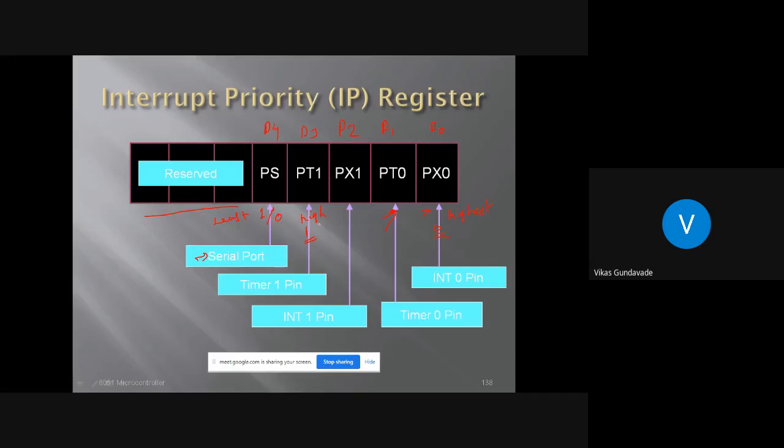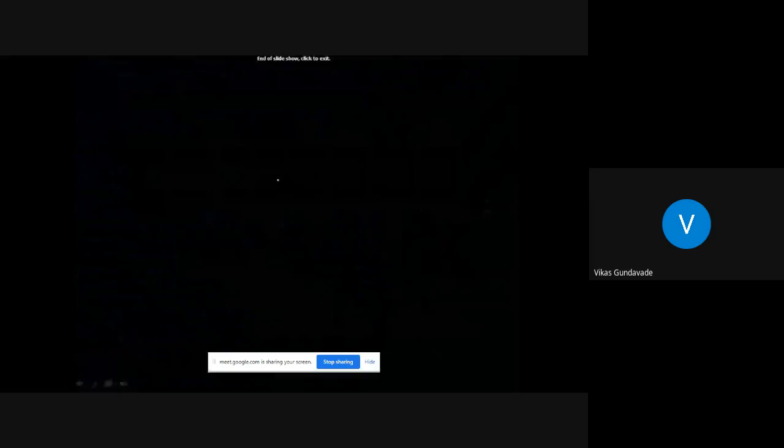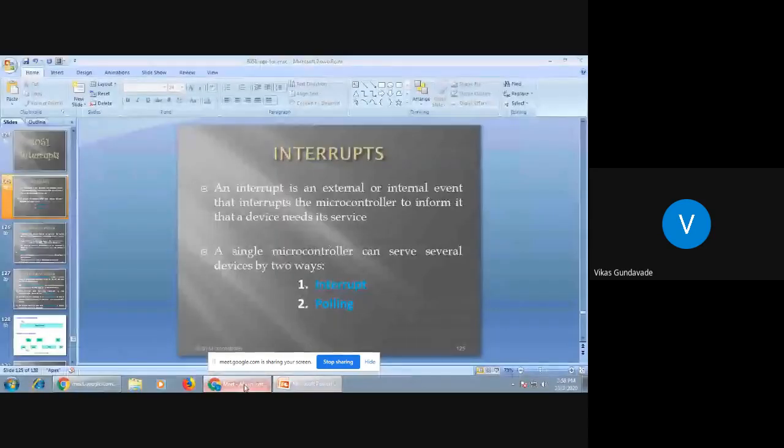But by default, by the microcontroller, the highest priority is provided to external interrupt 0. After that, timer 0. After that, external interrupt 1. Then timer 1, and the least priority is provided to the serial port. Okay, so this is all about the basics of interrupt. Okay. Now,